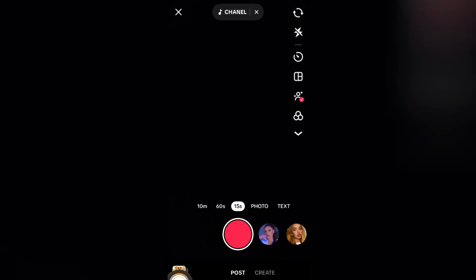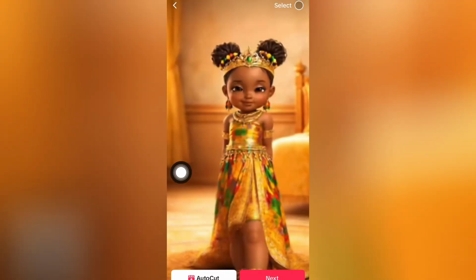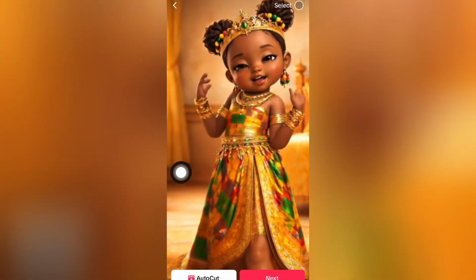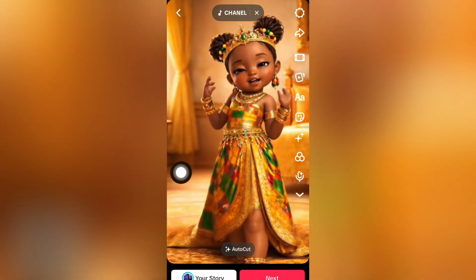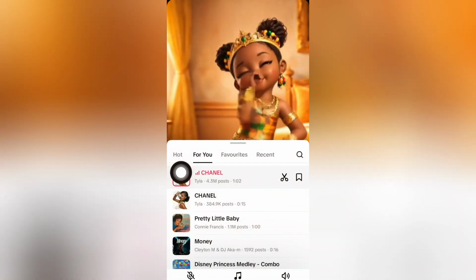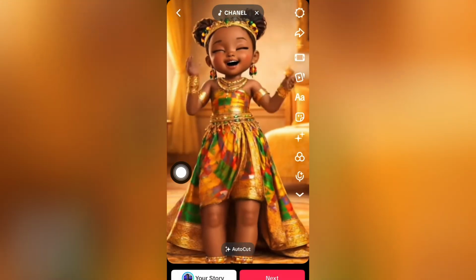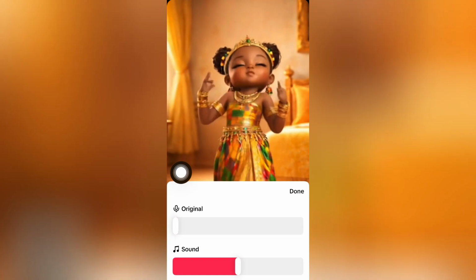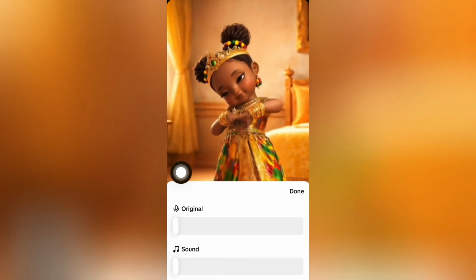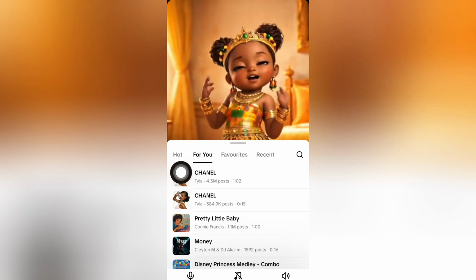And when this is done, simply choose the video that you want to post right here. Start selecting the video right here. All you need to do is to simply click on the next right here and click on the sound at the top, as you can see up there. And after you click on it, click on the volume icon down here and make sure you lower the volume of the sound that we chose right here. Lower it all the way down and simply higher the volume of the original right here, so that the volume